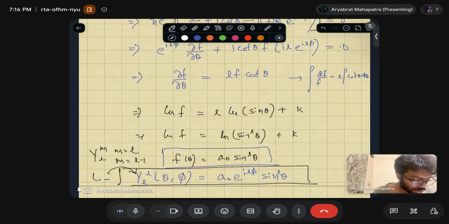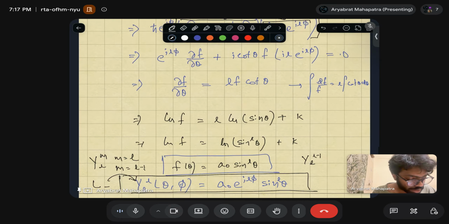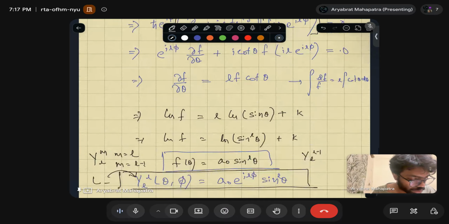Then you can get the exact form of Y_l,l-1. Likewise you can go till m equals minus l. After you get all the possible expressions of Y_lm, taking m from minus l to l,